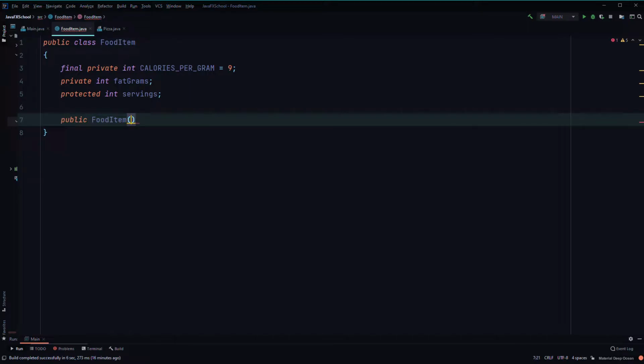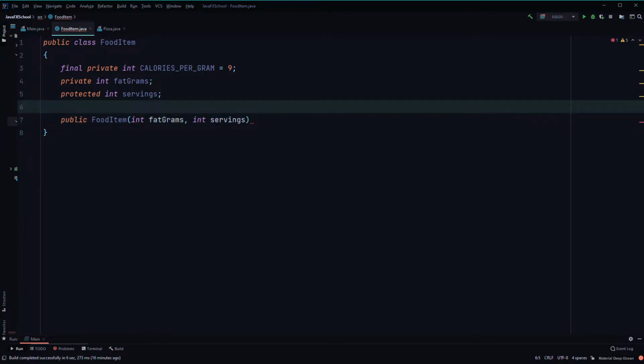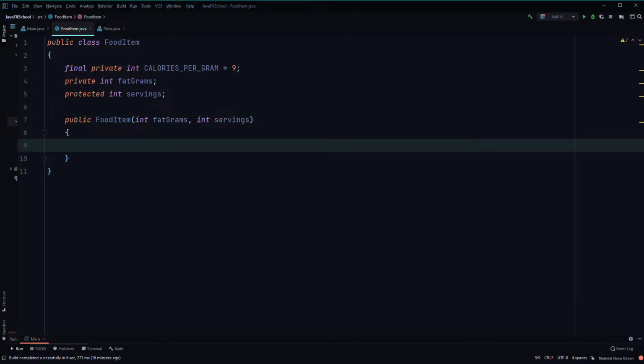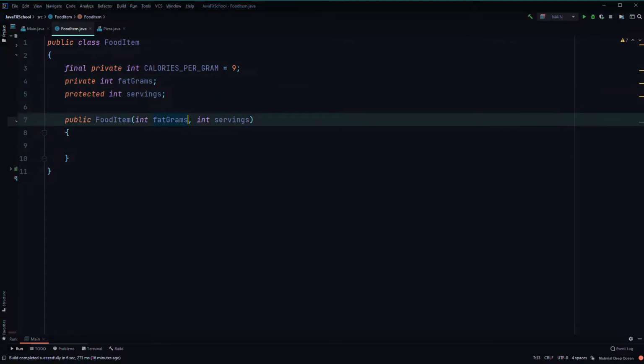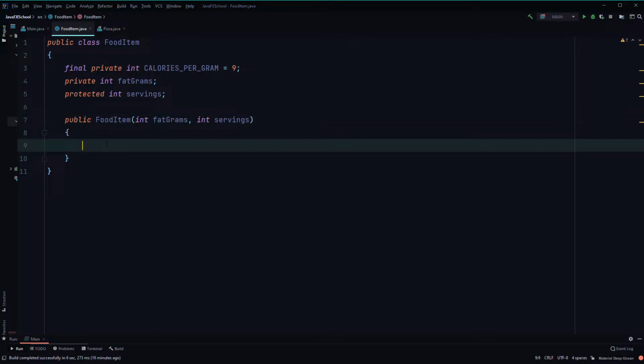and we'll use the same variable, so we'll say int fat grams and int servings. So we have to initialize the variables at the top to the variables in the parameters. So we do that using the this keyword, or else the compiler will get confused as to which variable you're